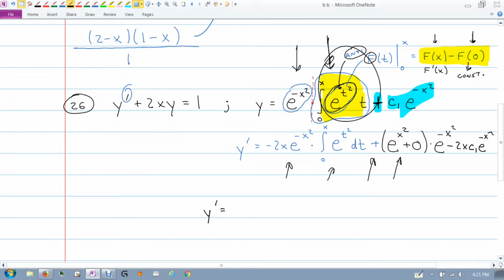Okay, y prime is equal to negative 2x e to the negative x squared times the integral from 0 to x of e to the t squared dt